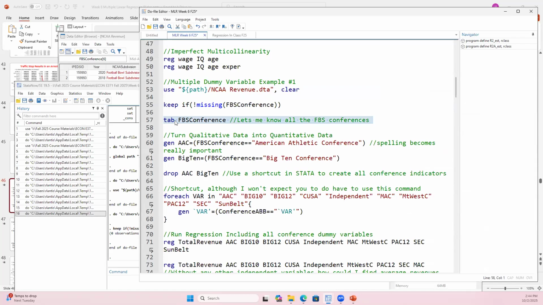So one command that is kind of helpful when we're looking at different variables to figure out, okay, what exactly is this, like I have this conference variable, what are the different conferences? I might know nothing about collegiate athletics. So if I use this tab command, it'll tell me all the values of this variable. Now, if it's a continuous variable, why might I not want to use this command? I've got a couple thousand observations and I'm looking at something like income. How many different values are there going to be for income? A whole bunch. So I'm going to have all these values. It's not going to be that helpful. But here,